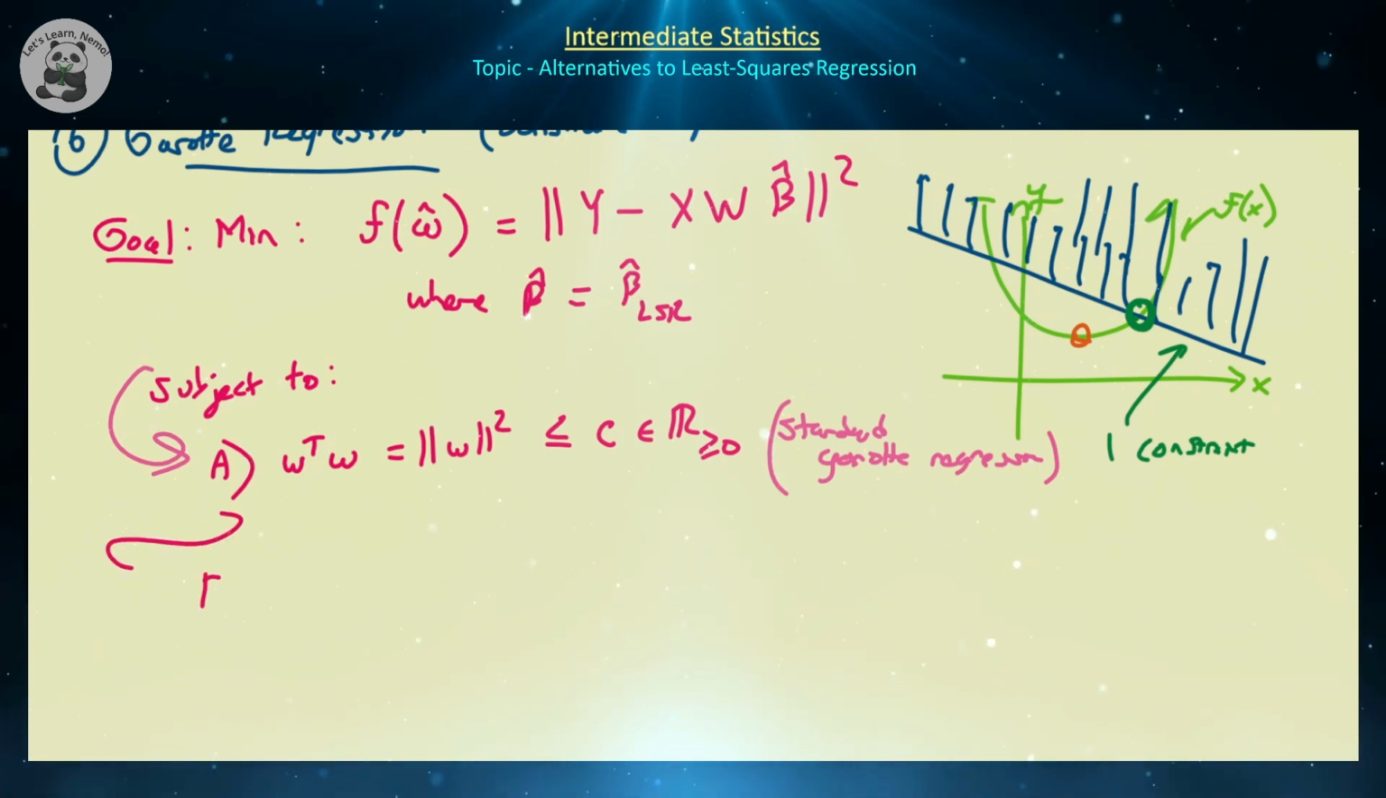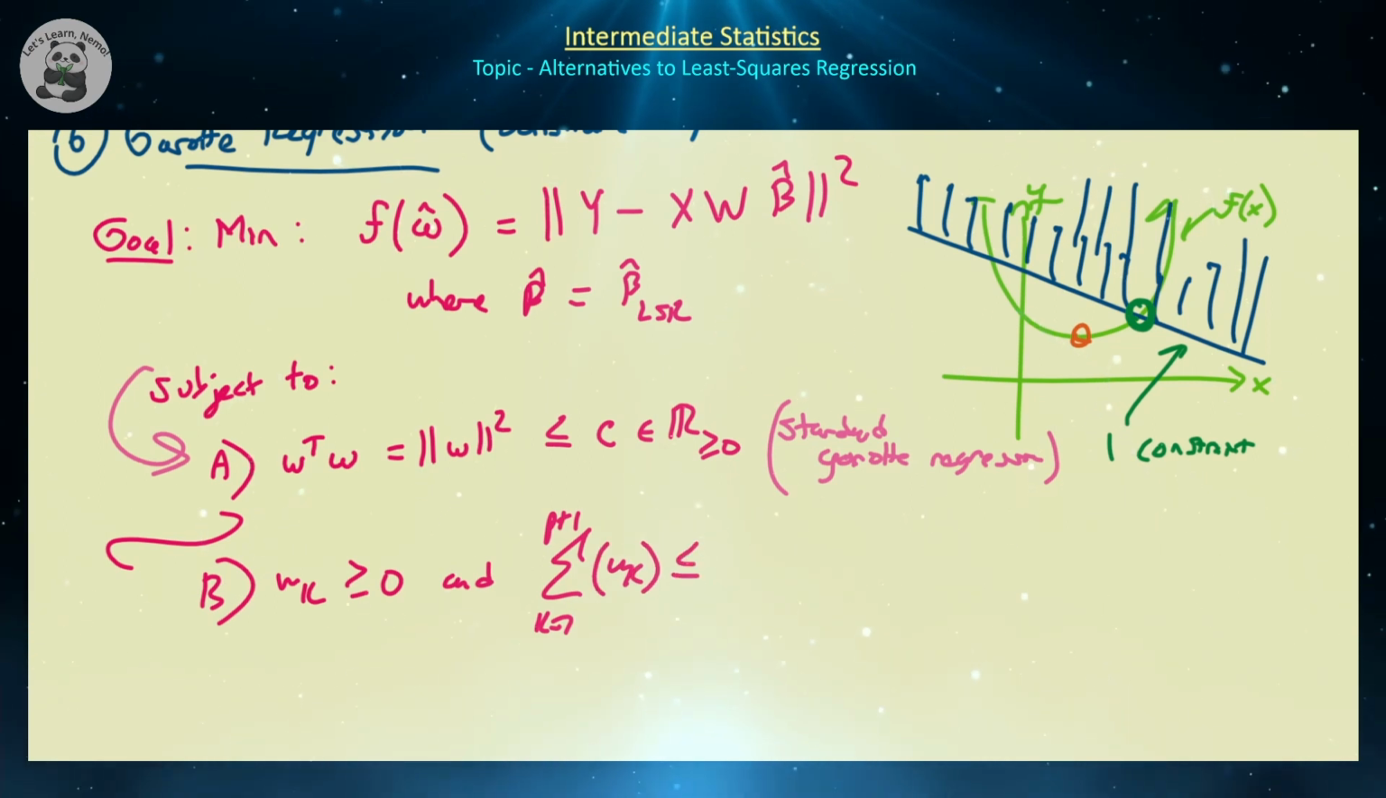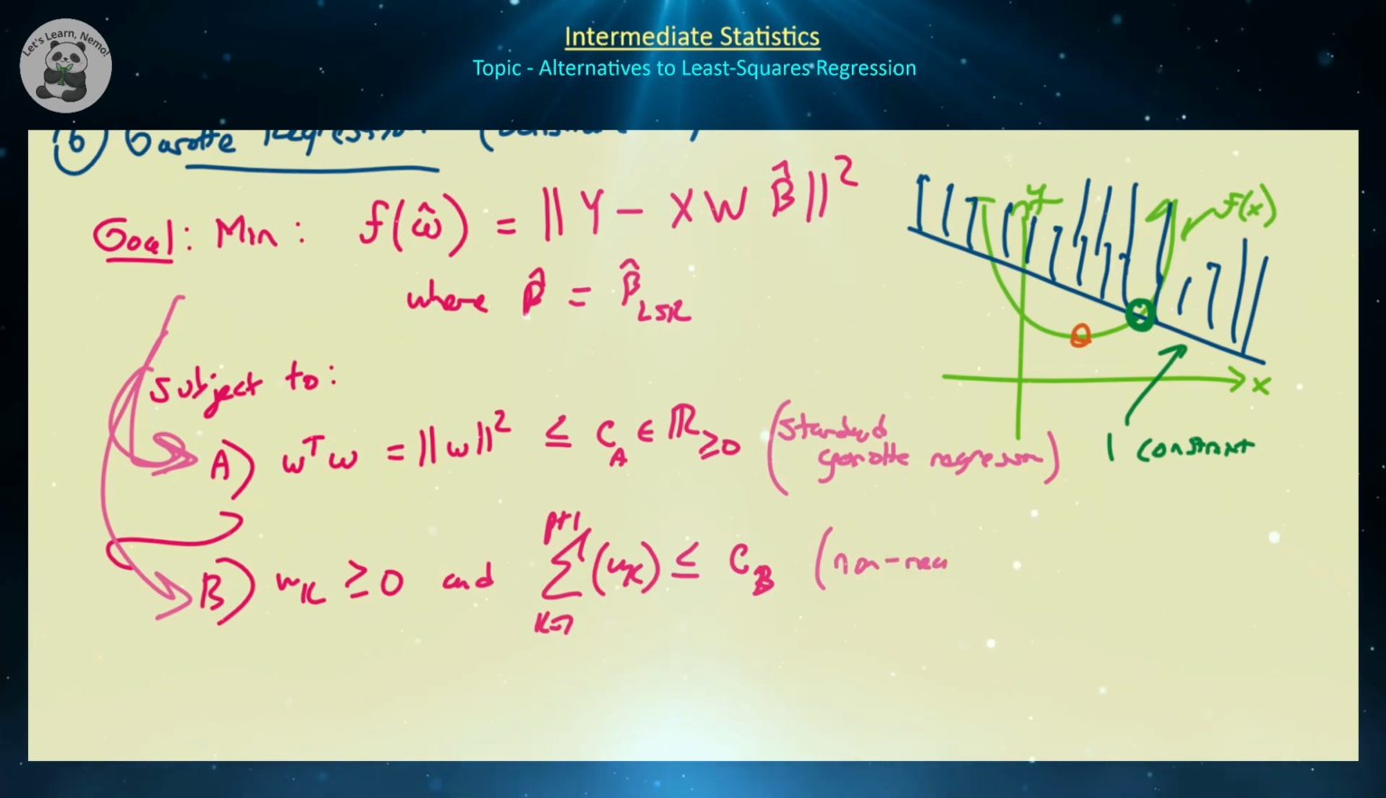Now, there is a second variation, and it says that these weights must be all greater than or equal to 0, and the sum from k equal to 1 to p plus 1 of these weights must be less than or equal to some other constant. Let's call it, for example, C2 or CA and CB, right? So these two problems are different. So we can either minimize subject to this first constraint, that's called the standard Garotte regression, or we can minimize that functional with respect to the second constraint, and that's called the non-negative